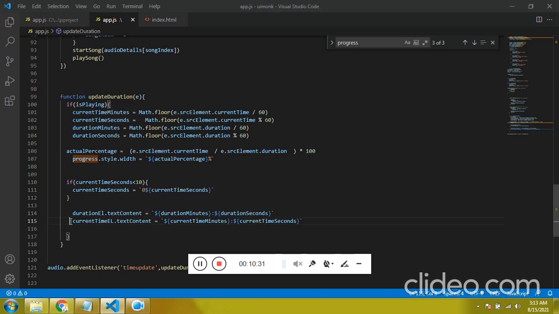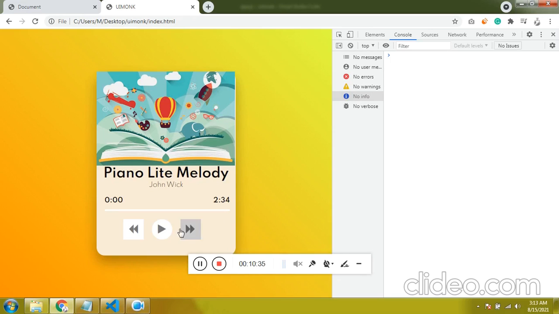And then display it. Cool, that is working. Now let's check the next one.